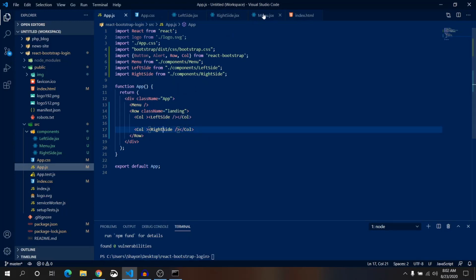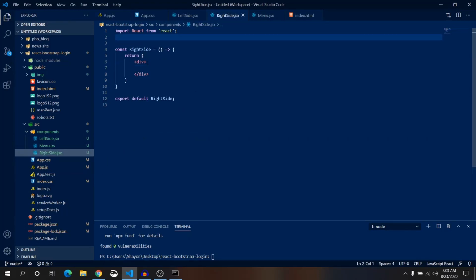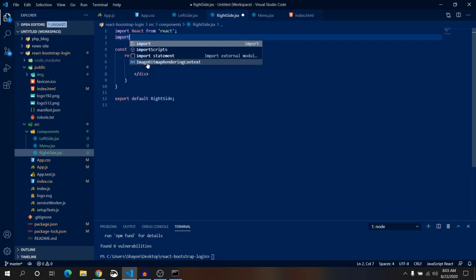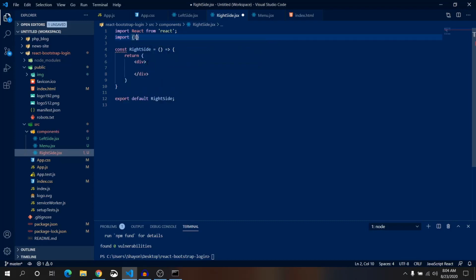In the right side, we'll add that image. At first, we need to import image component, image from React Bootstrap.